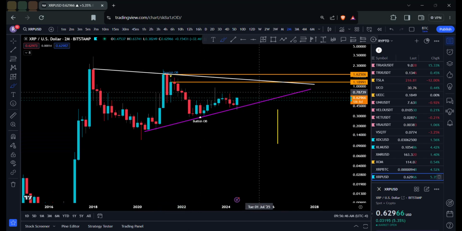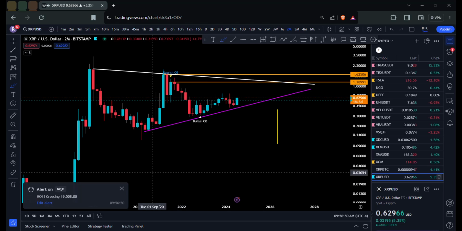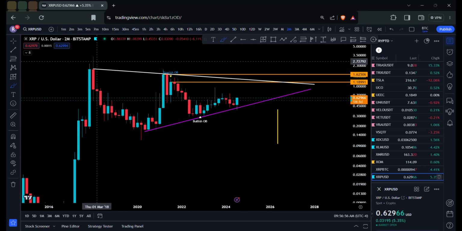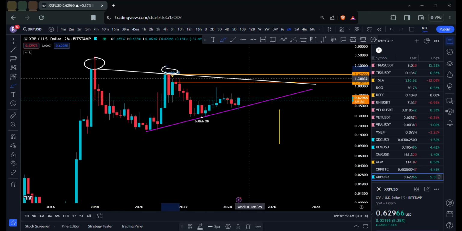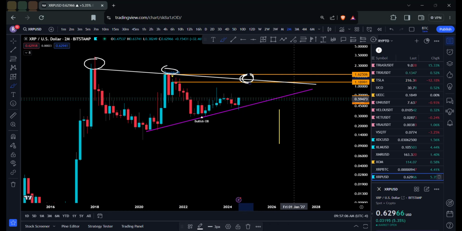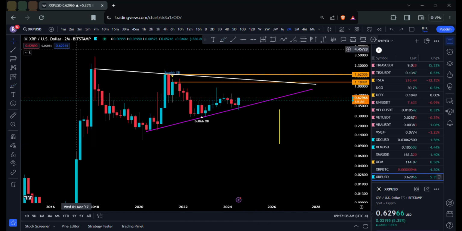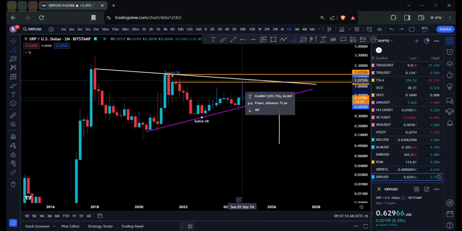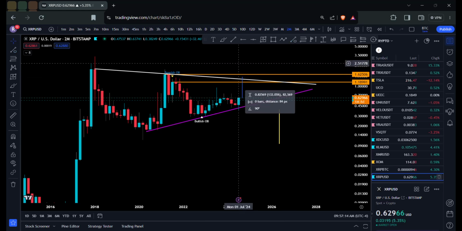So major selling pressure could be 1.20 to the white level of, let's just say, 1.36. And if we were to break, we can have a wick above to the 1.62. And at that point, we are now at major resistance for 3 confluence lines. At that point, if XRP is up 100 to 150%,